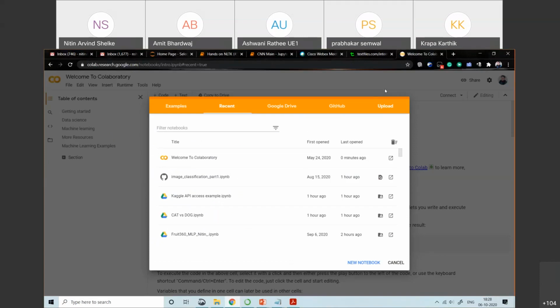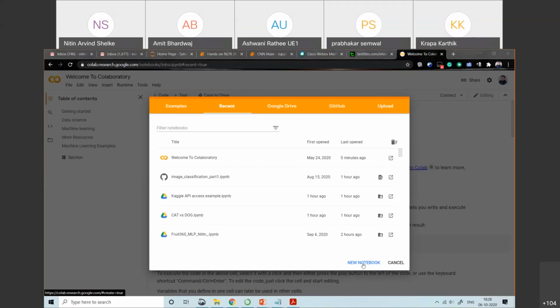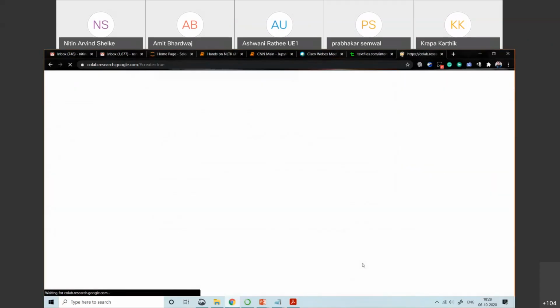Okay, let's suppose you have image related data. Upload it into your Drive, and then mount that Google Drive into your Jupyter notebook. So quickly I will show you this. You just need to click on the new notebook. Okay, when we open the new notebook,